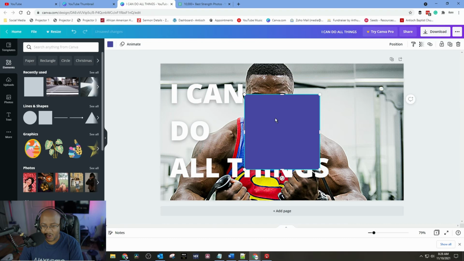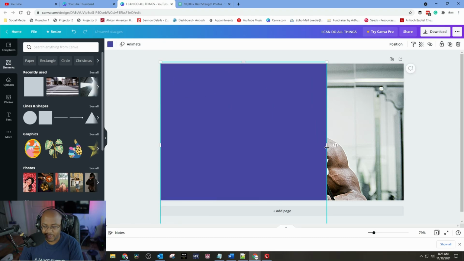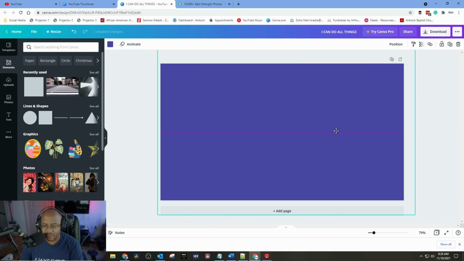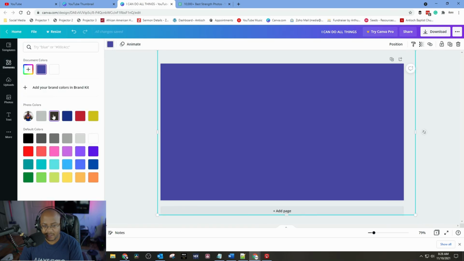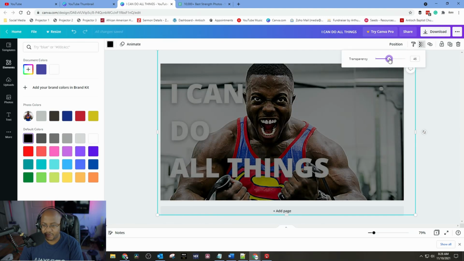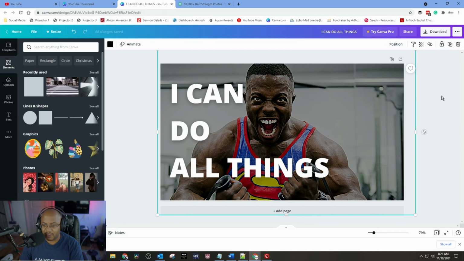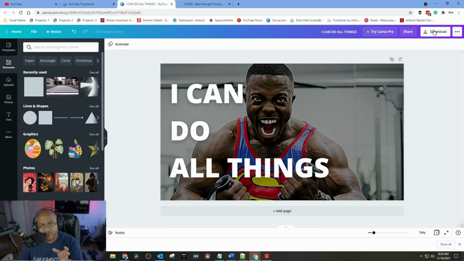And I'm going to add one more element here. I do this a lot here in Canva. What I'm going to do is take this solid, make it black. And then I'm just going to change the transparency just a little bit and then put it behind the text. So it just makes it stand out a little bit more. So you got to think, whatever you're doing from a sermon topic, try and condense it down in as few